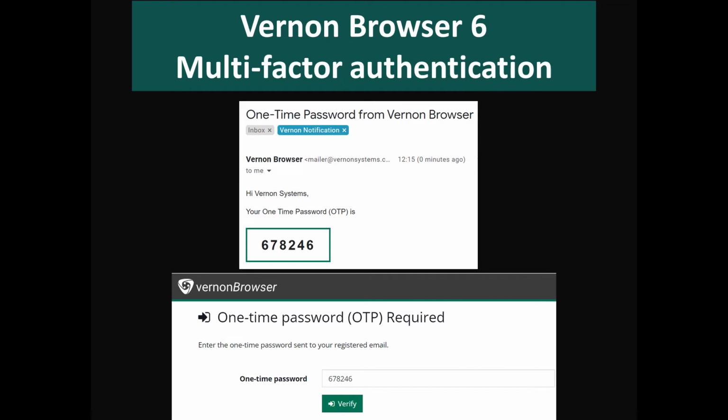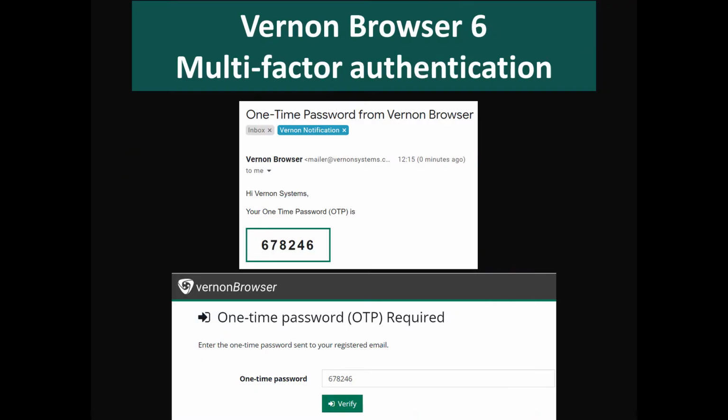And then also the option to have multi-factor authentication. So if we're hosting an intranet site for you, that provides an extra layer of protection to make sure only the people that are allowed to visit that site are getting in. So multi-factor authentication is where you see a second question after you've logged in with usually a time-based passcode. Vernon Browser supports sending that by email or through one of the authentication apps like Google Authenticator, where it's coming up with those random 6-digit codes constantly as a second level of check when you're logging into the site.